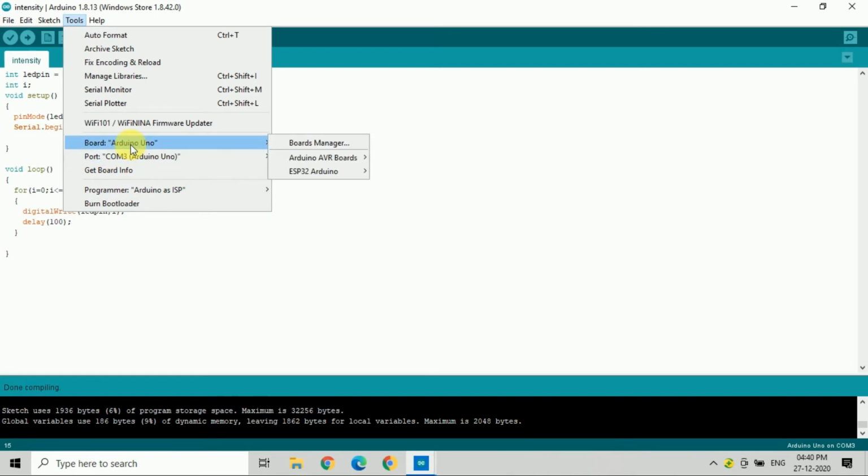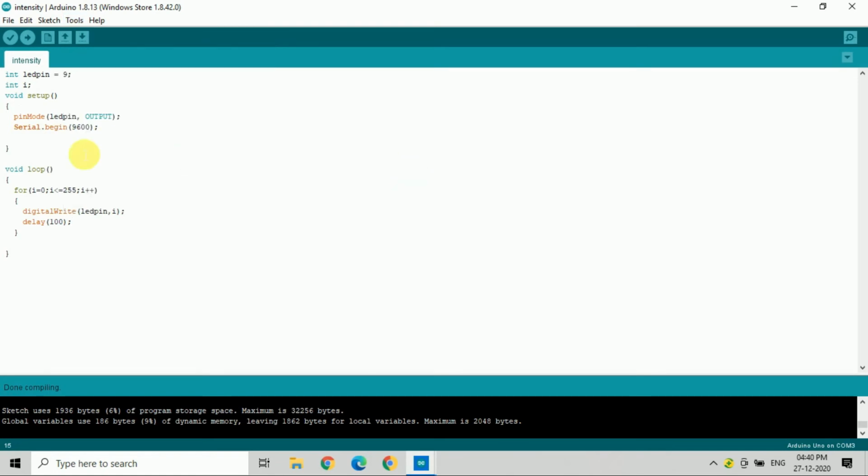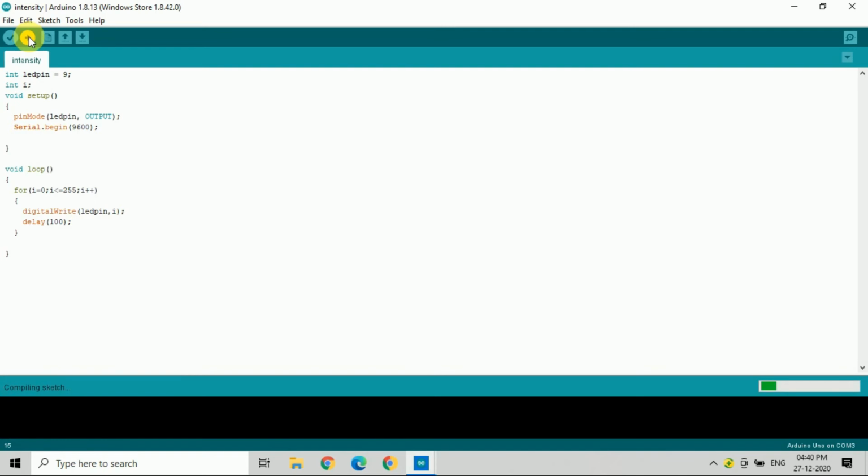Currently, I'm using Arduino Uno, so I will select Arduino Uno. If you are using Arduino Mega or Nano, you can select from your board list. My port is connected on COM3, so I have selected COM3. Now let's upload the program.